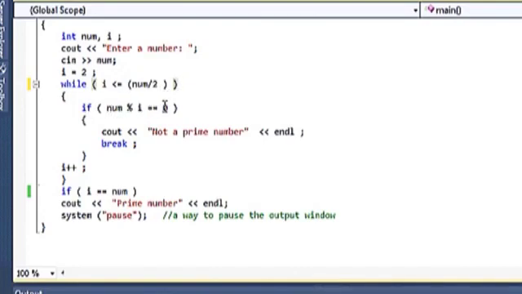If I equal to 0, इसका मतलब ये हुआ, if num integer remainder, we have divided a number with I, and if this I is completely divisible, its integer remainder is 0, then it is not a prime number. Otherwise I will increment that, since it is by 2, so it is, यहाँ पर होना चाहिए